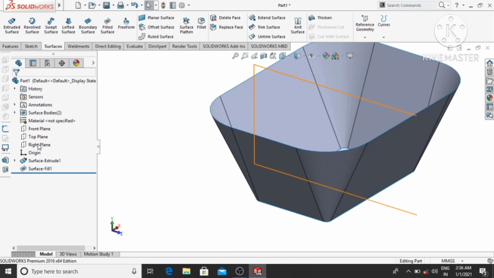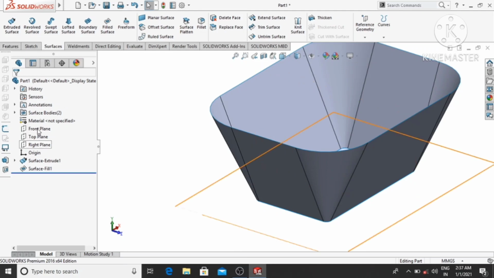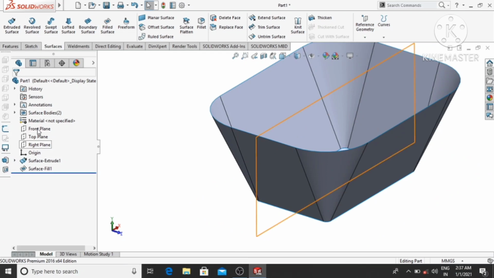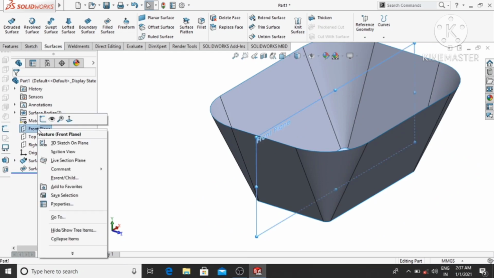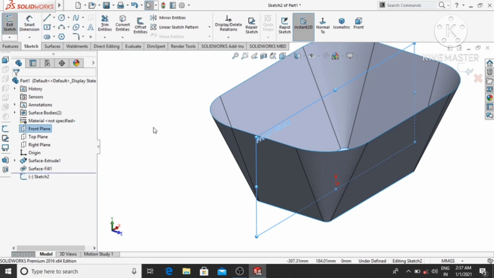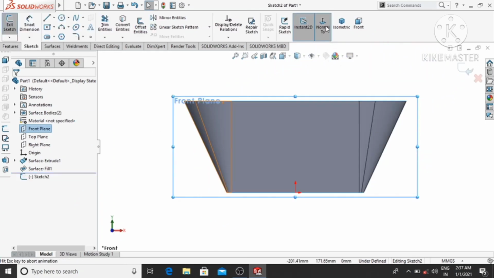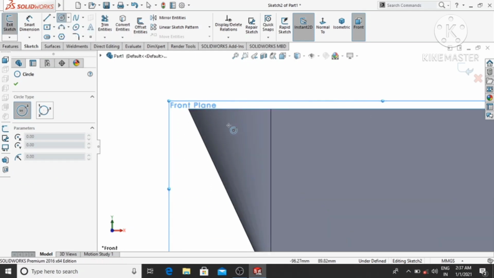Again go to the right plane, so it's better to select the front plane, and here we select this sketch, then Normal To. Go to the circle and make a circle here.